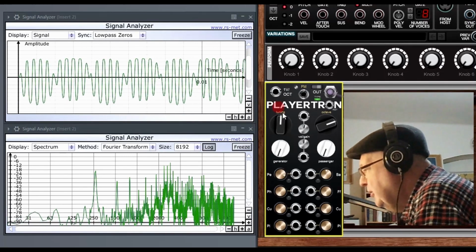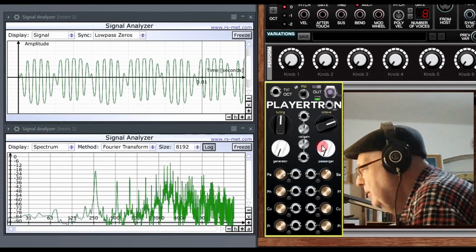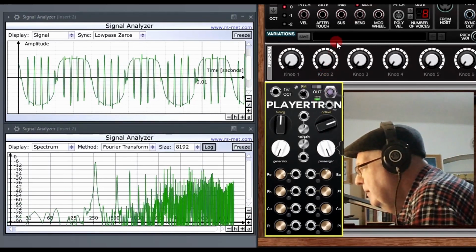And when we switch through the 5 different passengers, let me do so, we see indeed,